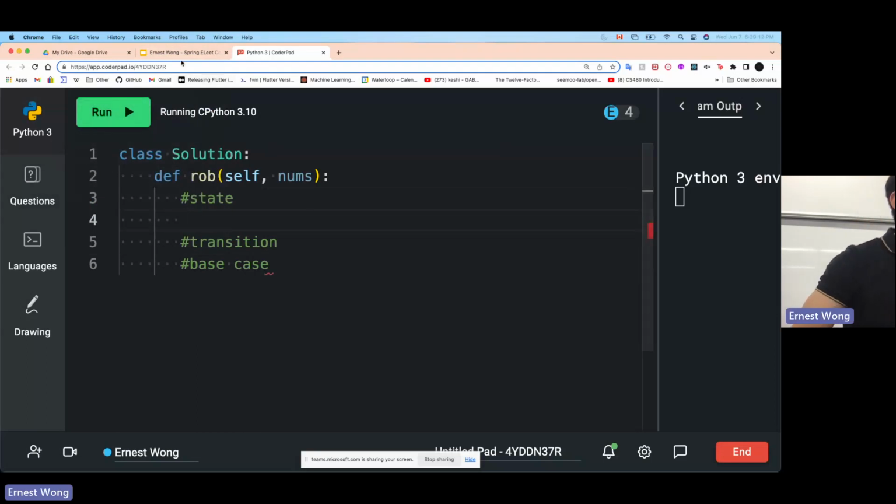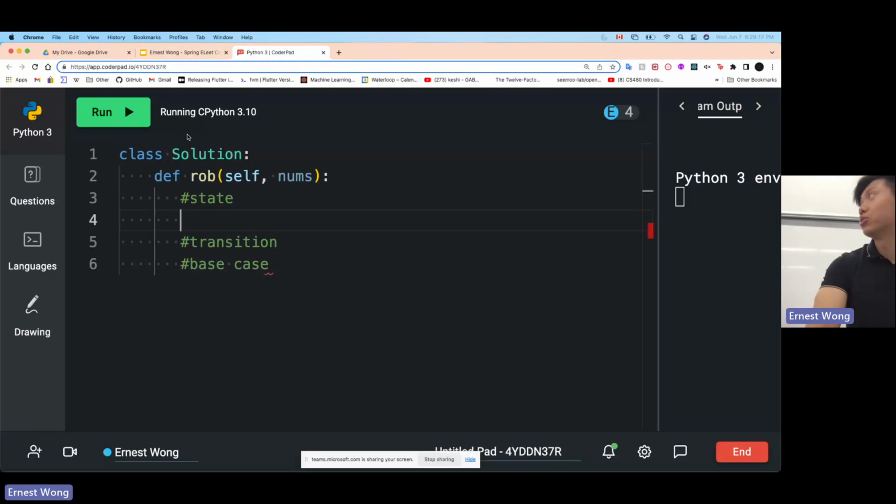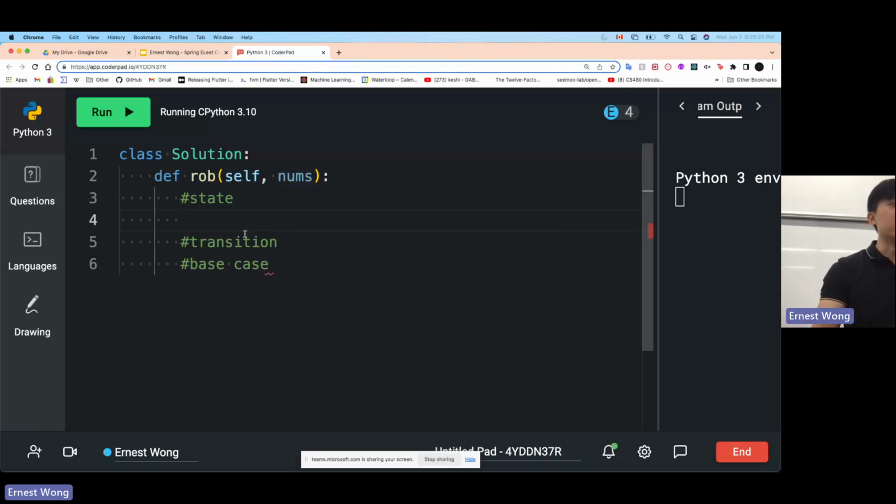Okay. So in terms of the state, we want to have a one-dimensional array, and it's going to be the same length as nums plus 1, actually. And dp of i will represent the maximum we can steal if there are only i houses.